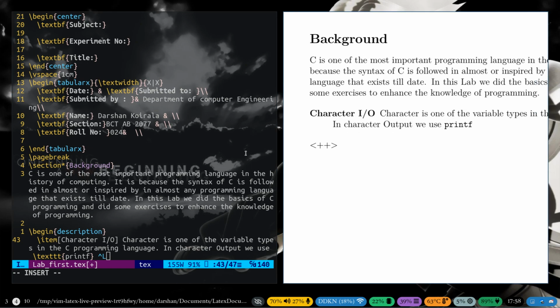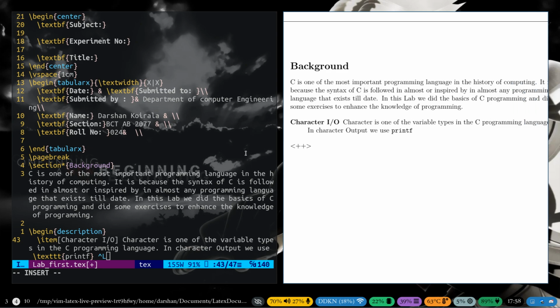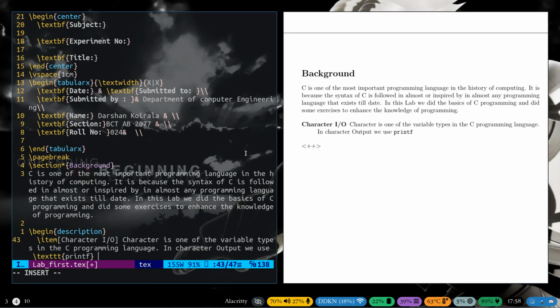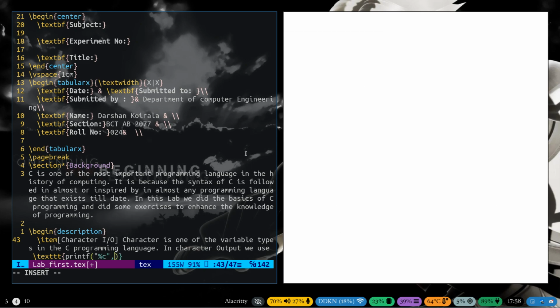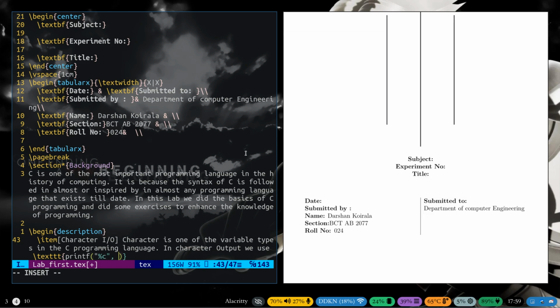Okay, this is what it looks like in the real PDF. So in the character input, we use printf. Maybe something here, maybe C. All right, and I'm gonna write something like